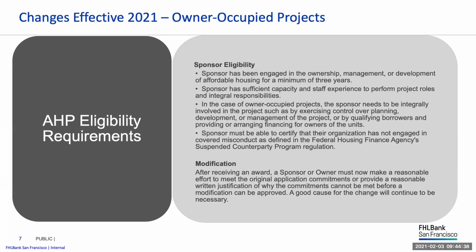Changes include the following. For sponsor affordable housing experience, the sponsor must now have a minimum of 3 years. The previous minimum was 1 year. The sponsor must have sufficient capacity to perform the project roles and responsibilities. For owner-occupied projects, the sponsor needs to be involved in the project, such as by exercising control over the planning, development, or management of the project,